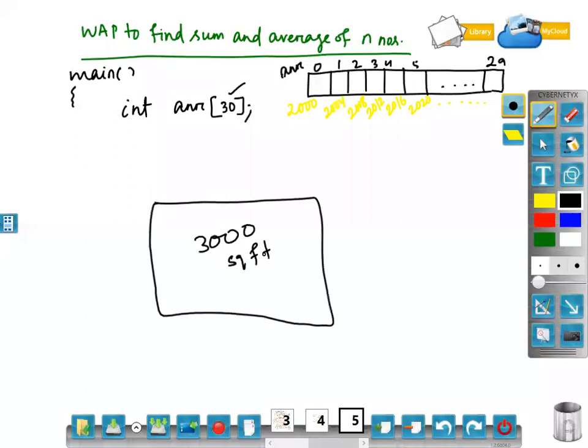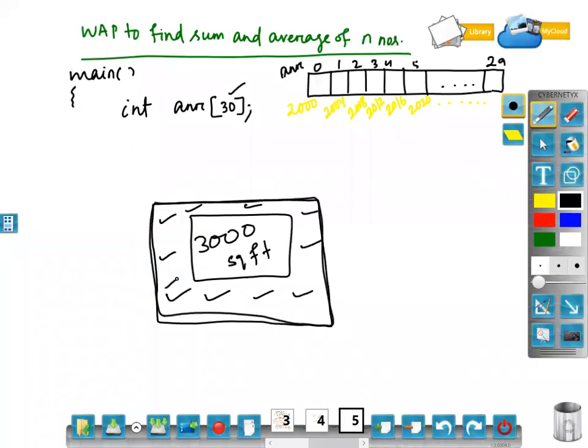Now, whenever the total plot belongs to you, is it compulsory that in the entire 3000 square feet you will build your home? Not necessary. I can build in 2000 square feet, rest I can use for garden. I can build 1500 square feet, rest I can use for playground, garden, whatever.